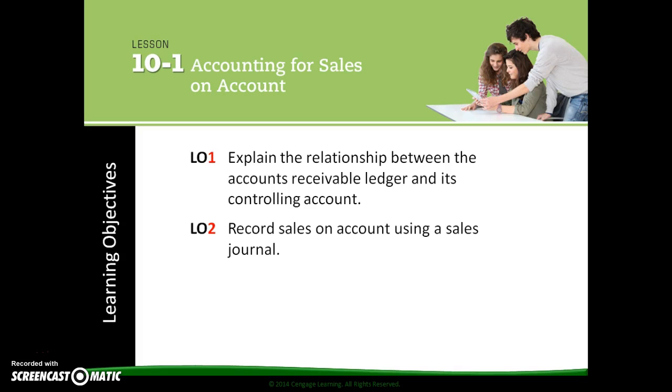We are moving on into Chapter 10, and Chapter 10 deals with accounting for sales and some cash receipt information. So, learning objectives as we get into the first lesson here, we're looking at the relationship between an accounts receivable ledger and controlling accounts, and then also looking at how we record sales that are done on account